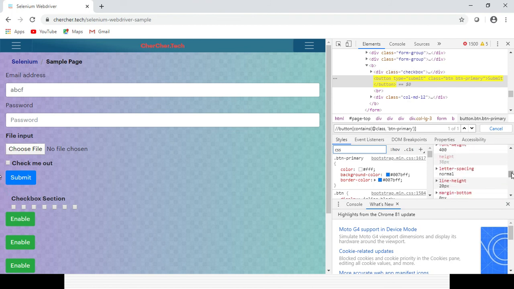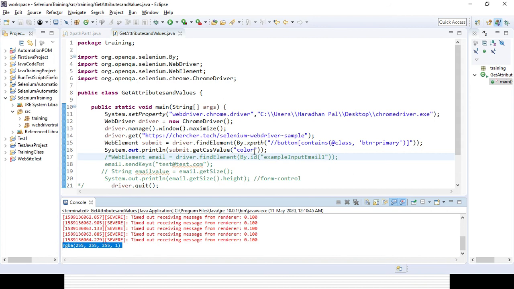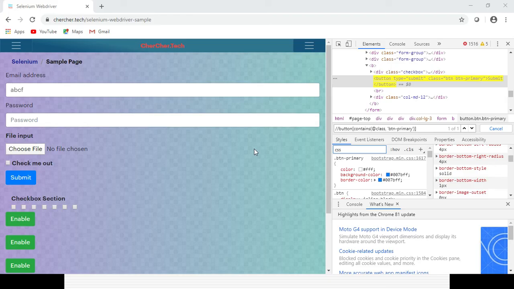Similar way, if you want to get other things, you can also get them, right? Suppose I want to get the border bottom width. So how can I get it? You need to pass that particular property, right?